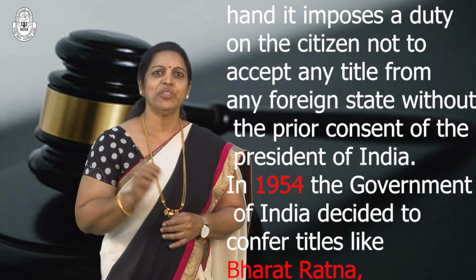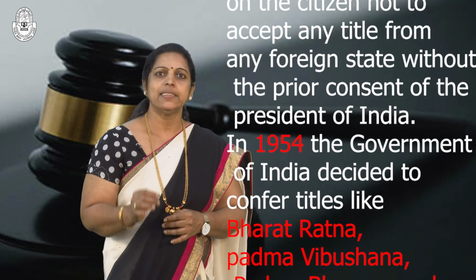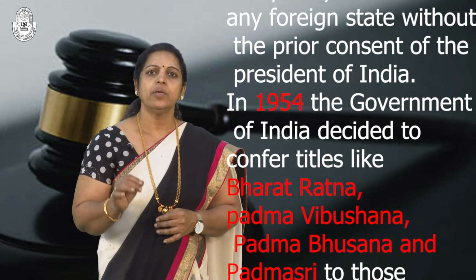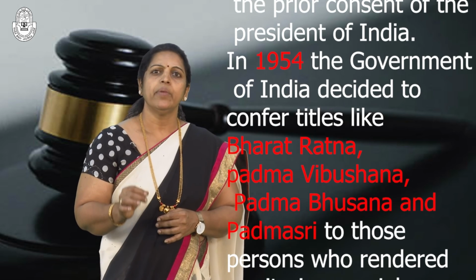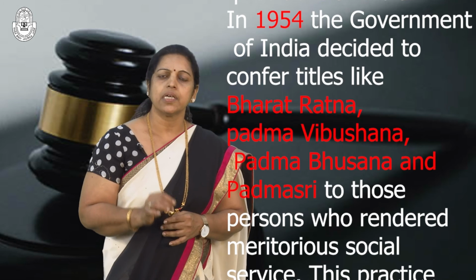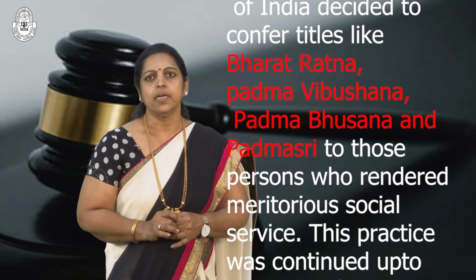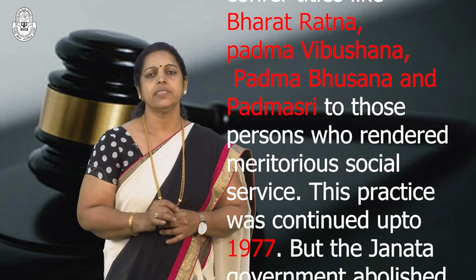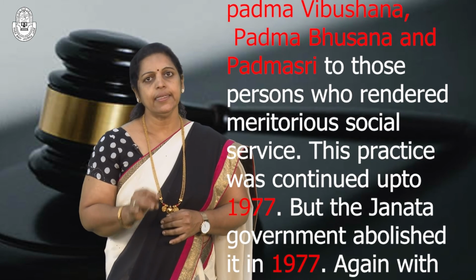In 1954, the Government of India decided to confer titles like Bharat Ratna, Padma Vibhushan, Padma Bhushan and Padma Shri to those persons who rendered meritorious social service. This practice was continued up to 1977, but the Janata government abolished it in 1977. Again with the return of the Congress rule in 1980,